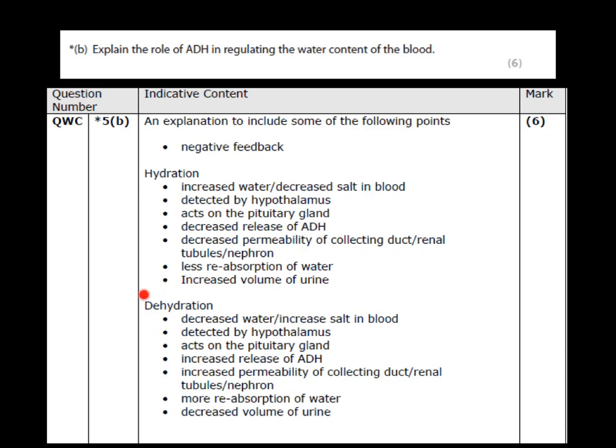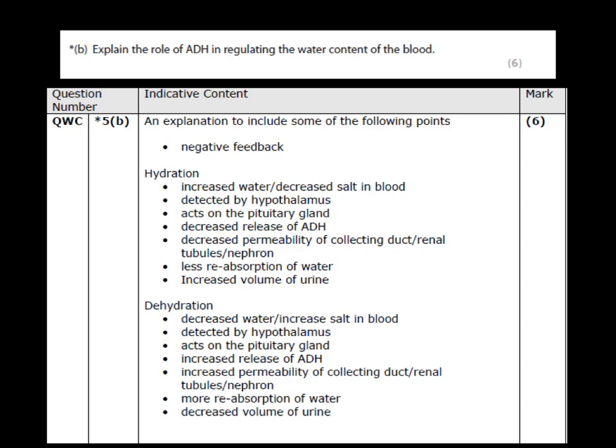During a period of dehydration, this is a period when water levels are too low in the blood, we will get this decreased water, which will be detected by the hypothalamus. The hypothalamus will send a signal to the pituitary gland, which will increase its release of ADH. This increases the permeability of the nephron, meaning that there is more reabsorption of water. Because we have got more reabsorption of water, this means we have a decreased volume of urine, however it will